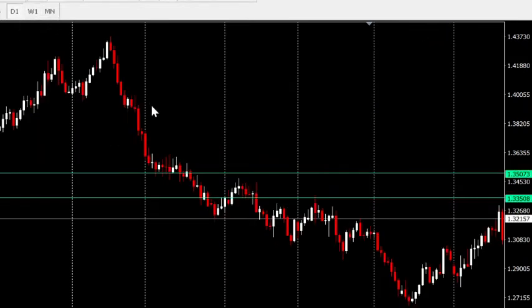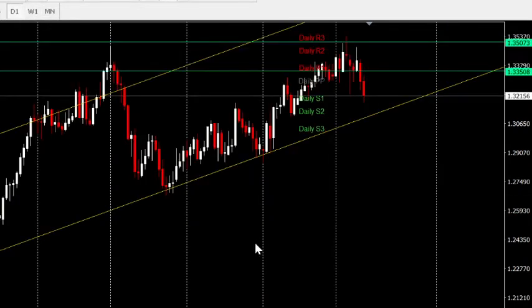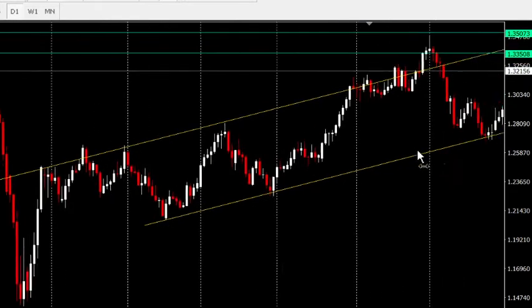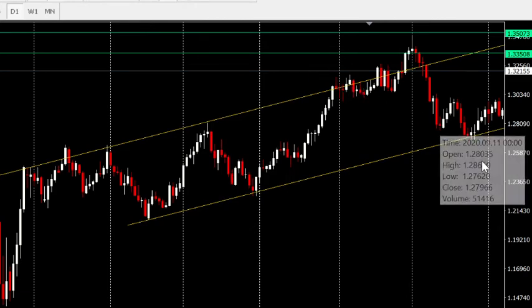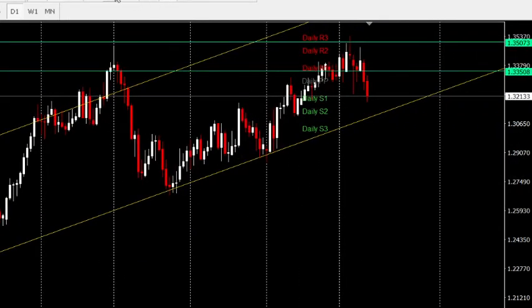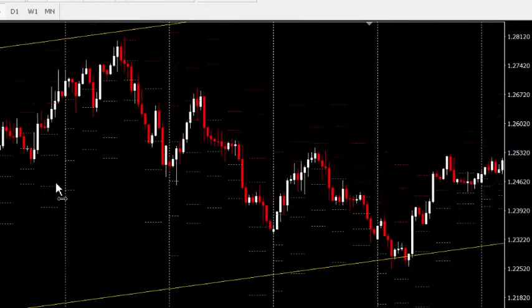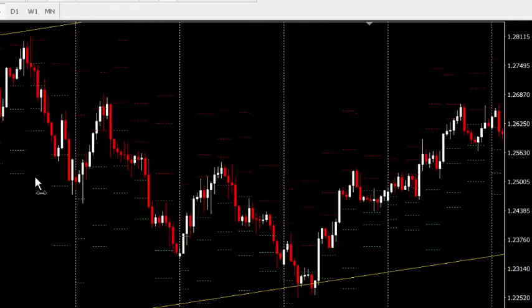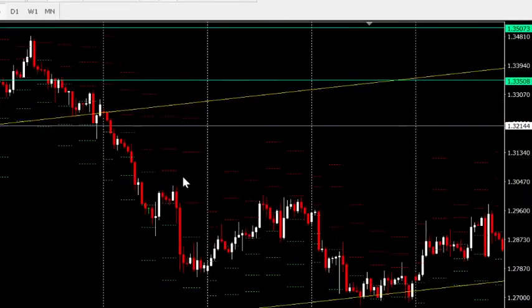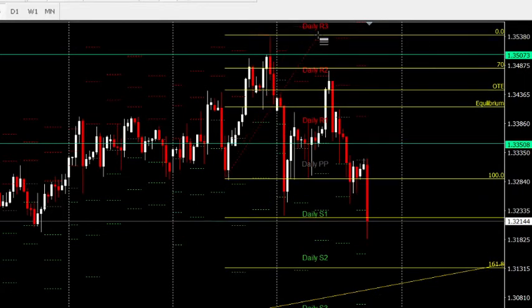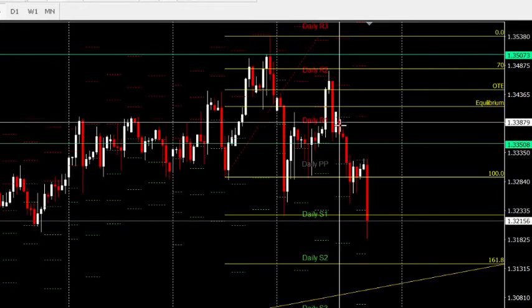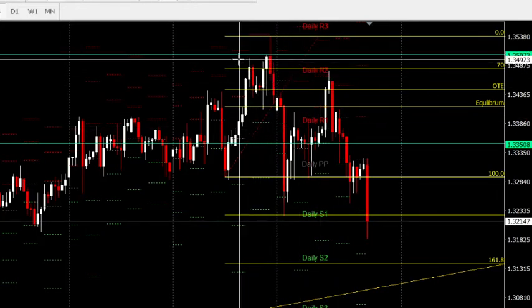If I go to the daily chart, I also do the same. You can see how from here the market goes to here, then here again, following this channel. If I go to a 4-hour chart, I'm also able to see how the market is flowing. If you use Fibonacci, you'll be able to see how the market reaches here at a support,